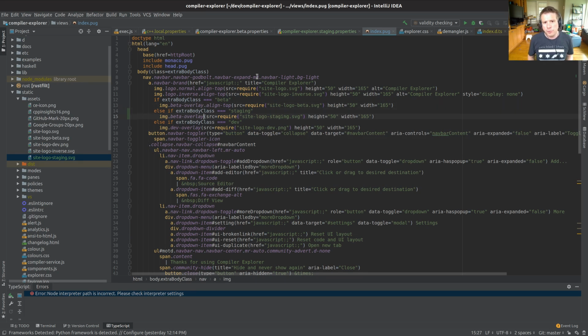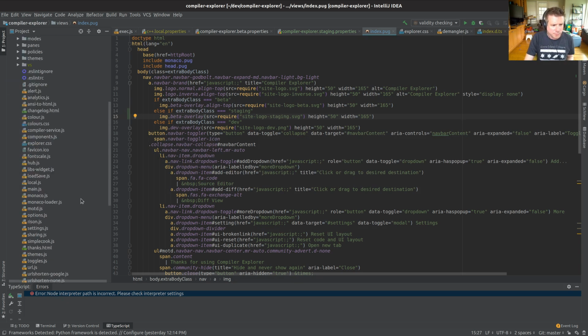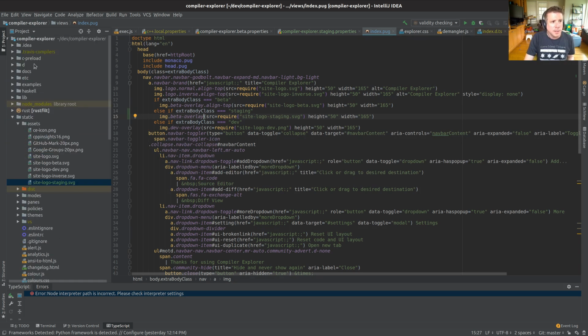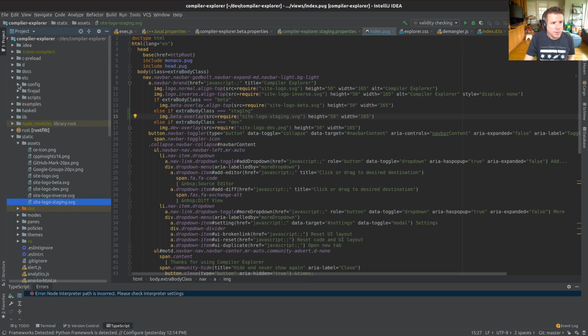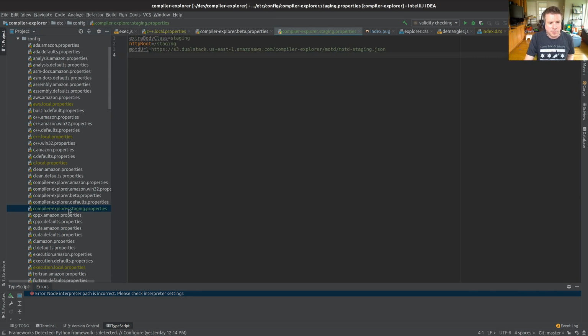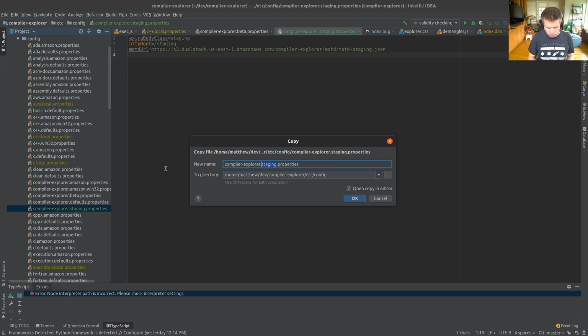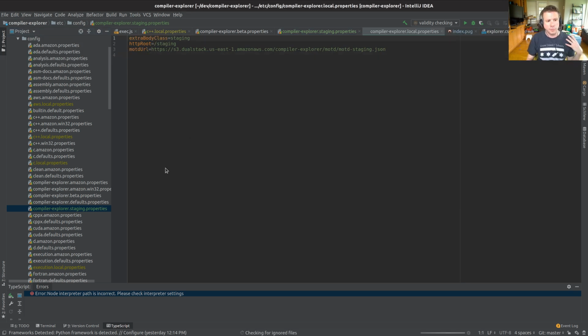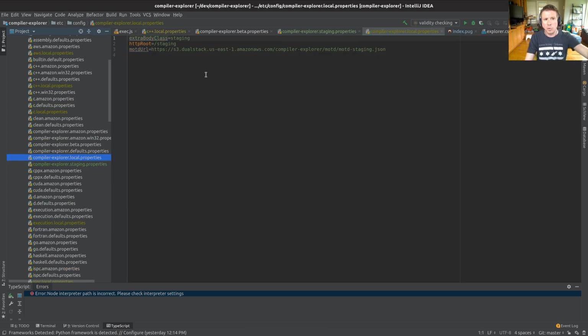And we'll just go with what it looks like, and then if I can convince myself that the dev thing looks good, then we should be good to go. So I need to go to that file that I was changing in the configuration, config compiler staging.properties, and I'm going to copy paste. And I'm going to make this local.properties. Anything that's local.properties, you'll notice will go yellow in the IDE because it's in the git ignore.